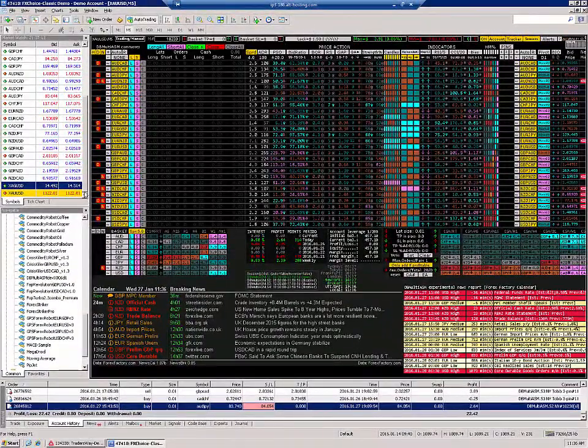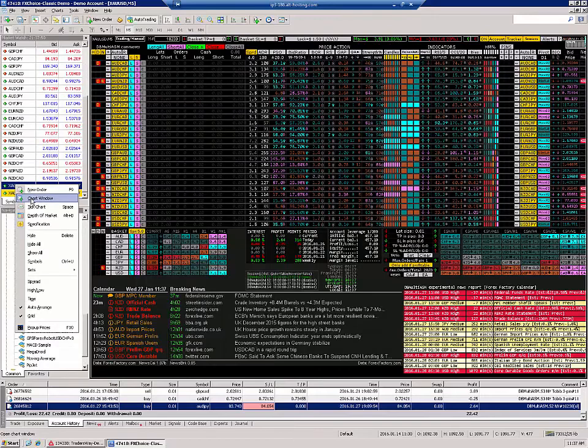To set up charts, open another 2 windows. In our case, it's going to be 2 silver windows, but you're welcome to use gold or any other currency if your broker has any currency which this dashboard does not trade, like for example a USD TRY, US dollar versus Turkish lira. That is fine too. So in my case, I'm going to open silver,